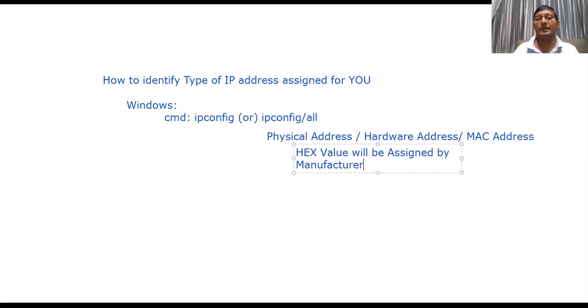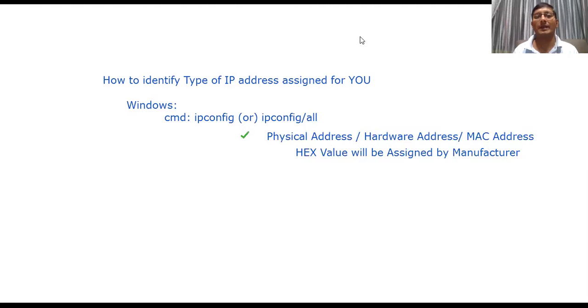This is very important for administrators. Sometimes whenever you are going to reserve an IP address for a particular machine, you must know the hardware address, the physical address, the MAC address. We are going to fix a specific reserved IP for the servers, and at that moment, with the help of the MAC address, we can set it. It is automatically added into your chipset. We can't modify this value, but as a hacker, you can spoof this MAC. You can hide your MAC address, but you can't change the permanent value. So that is one point we are getting with the help of ipconfig.